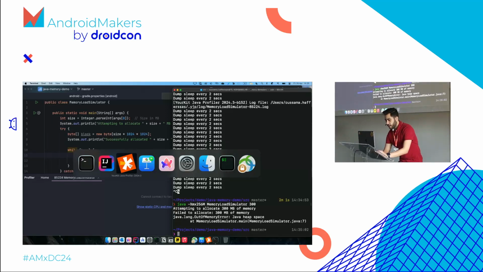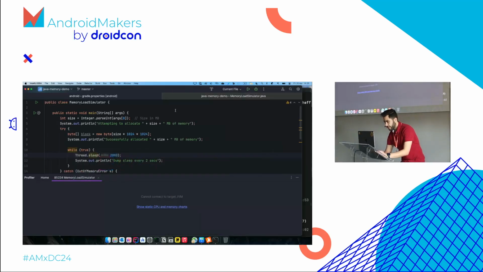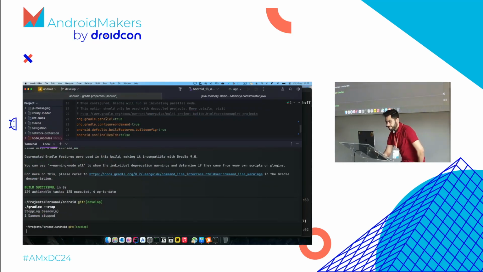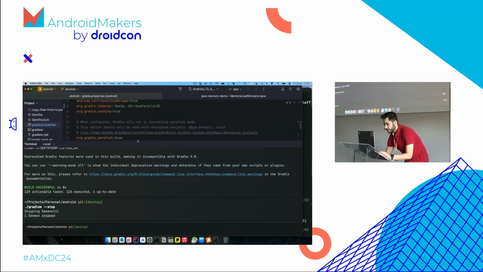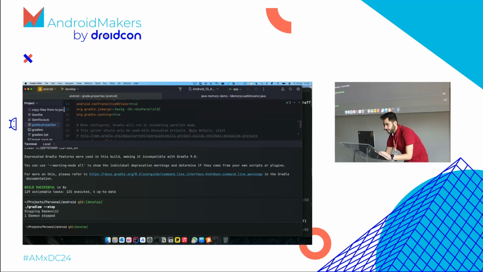Going back to our example of the web browser here, which is the DuckDuckGo app. It's a very big app, actually. And I took it as an example so we can see how things are going. For the same example, if you can see, they have 4 gigabytes of memory allocated. This is what they allocate to Gradle. If I try to run the Gradle build here,